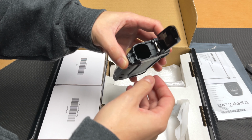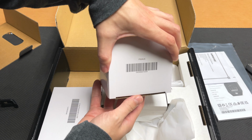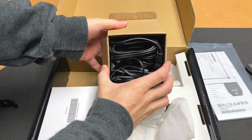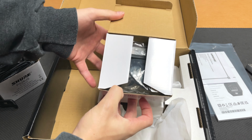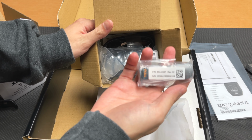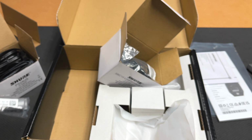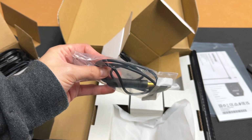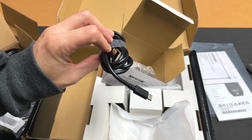The unit itself is compatible with pretty much any 9-volt power supply as long as it has a minimum current of 400 milliamps and can also be used with up to 12-volt power supplies, so you can daisy chain this with other power supplies that you're using. The battery itself delivers up to 12 hours of runtime, which means I could use this for 2 weeks worth of shows without having to worry about charging it, whereas with my old unit I had to charge it after